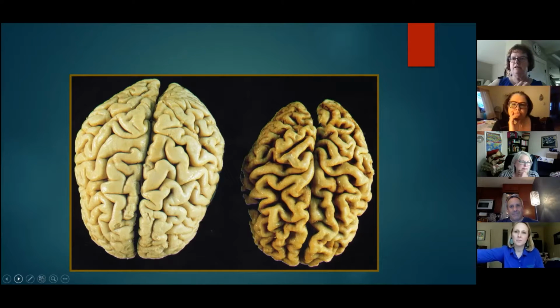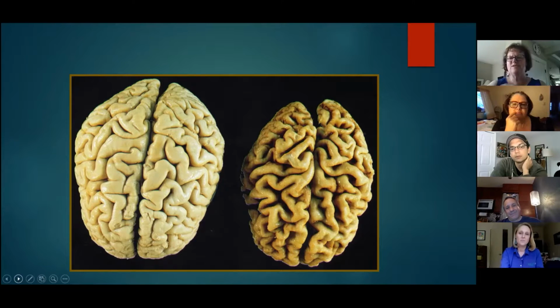What do you guys see here? I'm seeing more than memory problems. Yeah, that's what I was thinking too, Beth. What are you seeing? Give me a little bit more about that. A smaller brain. So yeah, it's been shrinking a little bit, hasn't it? Big color change as well from one to the other. There's big gaps. Big spaces. Absolutely, huge gaps in it too. Right, so it's much more than just memory loss.